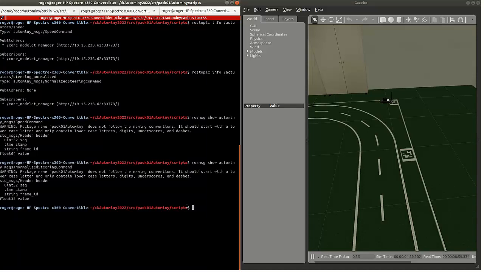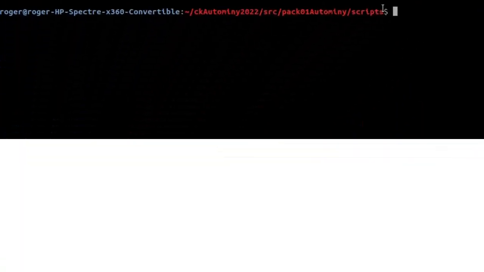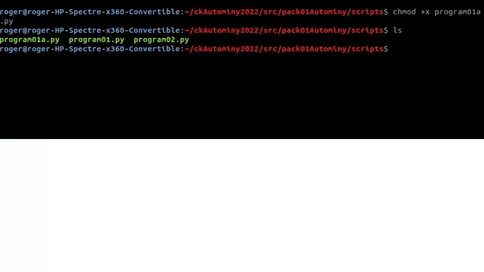To do this, we have to use the command chmod +x and the name of the program, that in this case is program 018.py. We execute and verify. As you can see, we have program 018.py in green. This indicates that the program is now